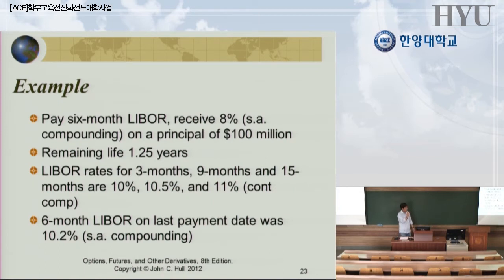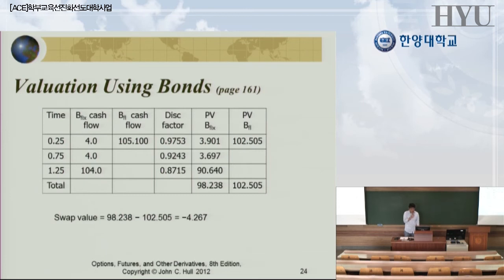So this is an example of how to value an interest rate swap. Let's say that a certain firm is paying 6-month LIBOR and receiving an 8% semi-annual compounding fixed rate on a principal of $100 million. The remaining life is 1.25 years, so it's 1 year and 3 months. The LIBOR rates for 3 months, 9 months, and 15 months are 10%, 10.5%, and 11% respectively. And 6-month LIBOR on the last payment date was 10.2%. So if you do the calculations here,